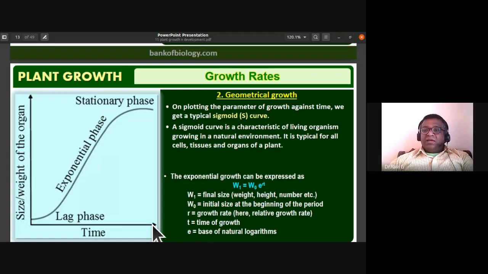Still they attain 18 years of age. So the maximum growth is achieved there. Beyond 18 years of age, the growth is at stationary phase. There is no more increase in length of the individual. So there is a steady phase or stationary phase that takes place. Okay.